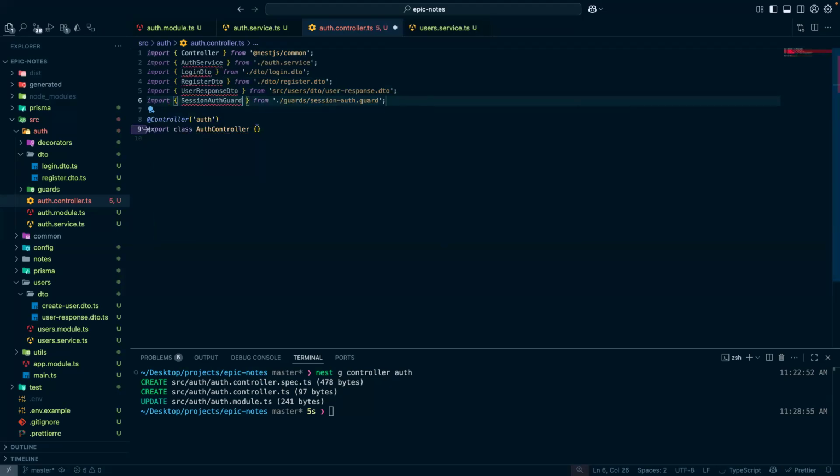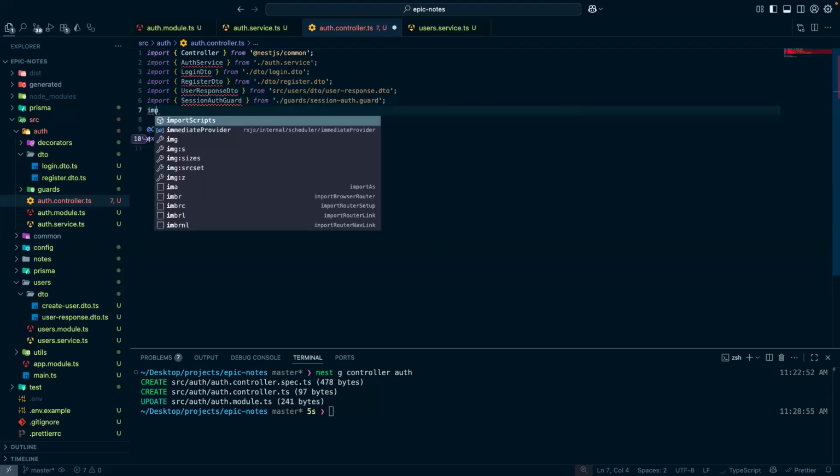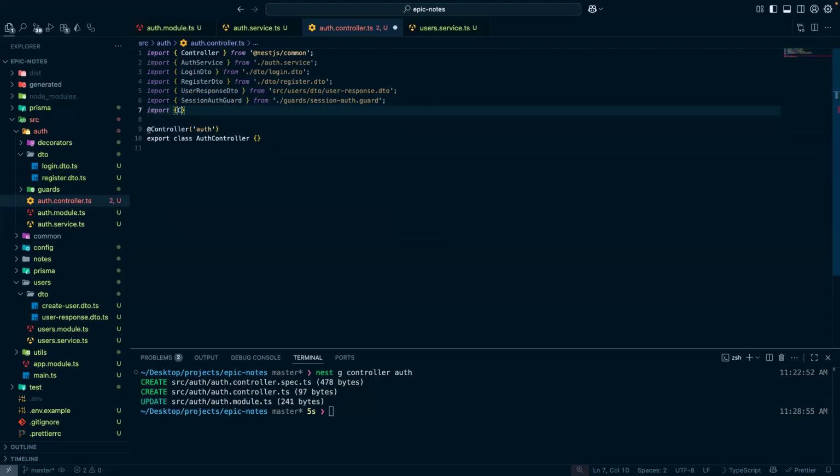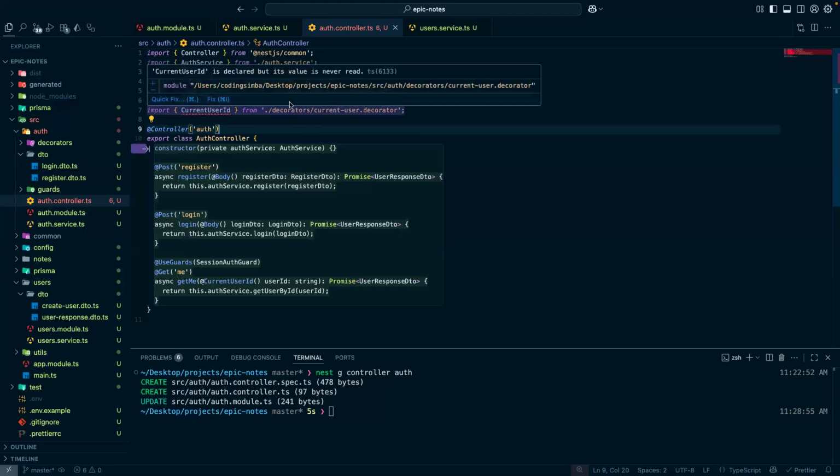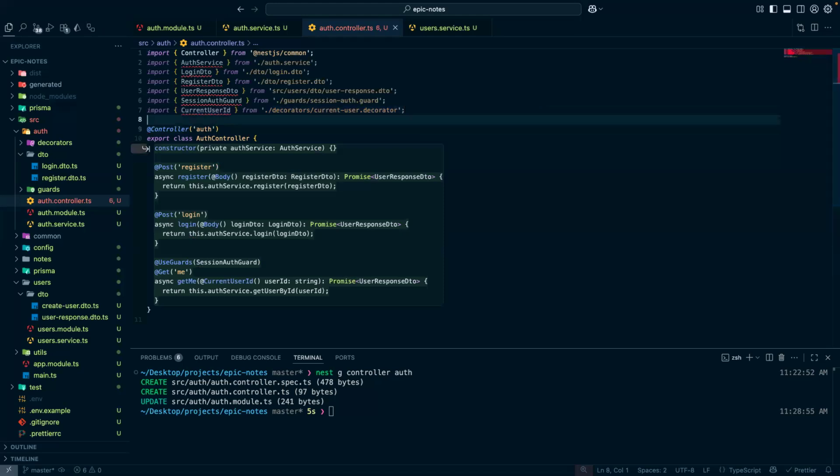We import current user ID from decorators, this current user decorator. Great. So now that we have the basic things that we need imported,